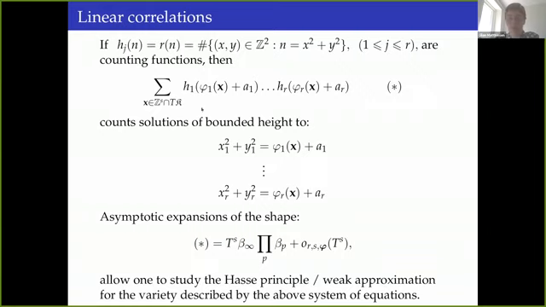The shape that star has is sufficiently general to not only study the Hasse principle, but it also allows one to study weak approximation. Why? Because there's a lot of flexibility in choosing these linear forms, and you have a lot of flexibility in choosing the shape of this set K. And I would now like to explain how results of this form can be used to study rational points in a somewhat more general setting.